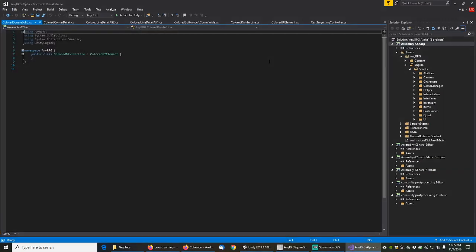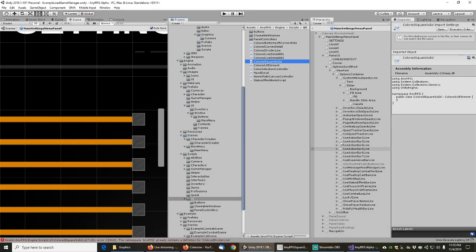Double click on that to open it. Make a script for it, save it, wait for compiling to happen,